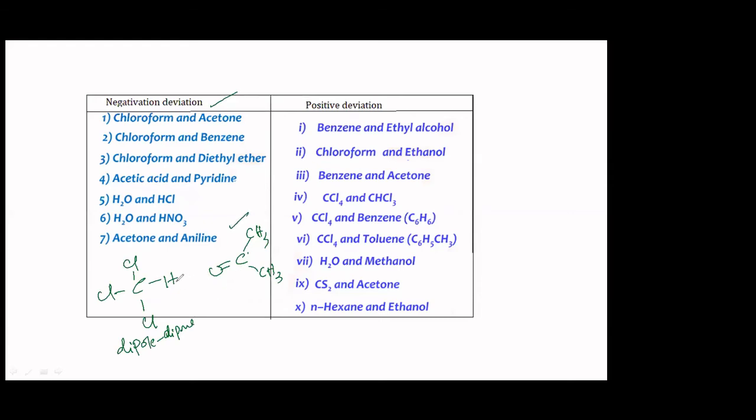But when you mix them together, this hydrogen is a little acidic because of the presence of 3 electron withdrawing groups. This one. Otherwise, the CH bond is generally non-polar. But because of the presence of Cl there, which shows inductive effect, minus I effect, this proton becomes a little acidic, and therefore this becomes slightly positive. This is slightly negative. So they are going to form hydrogen bonding. The new kind of interaction that is formed is stronger than the ones which were present before, and hence shows negative deviation. In all these examples, you will see negative deviation. Okay.